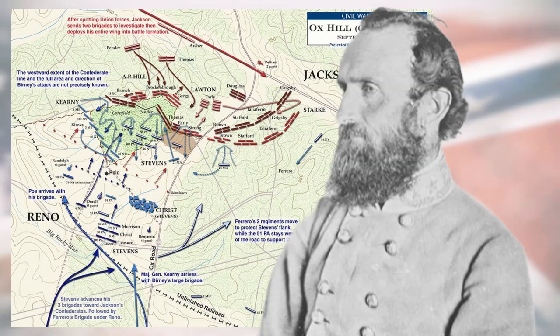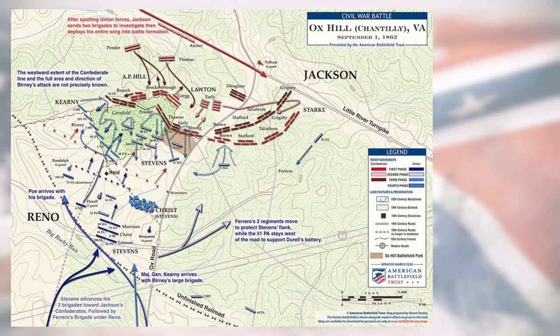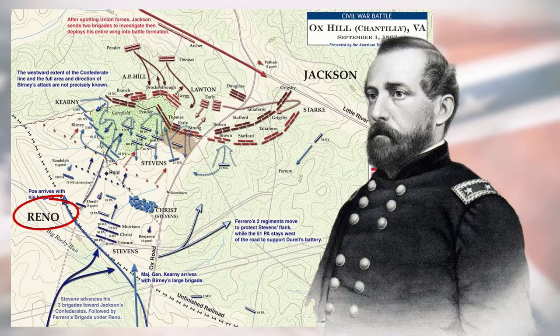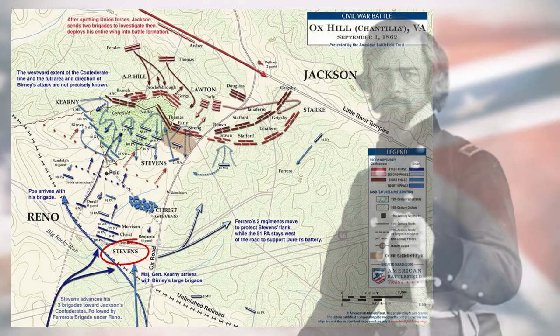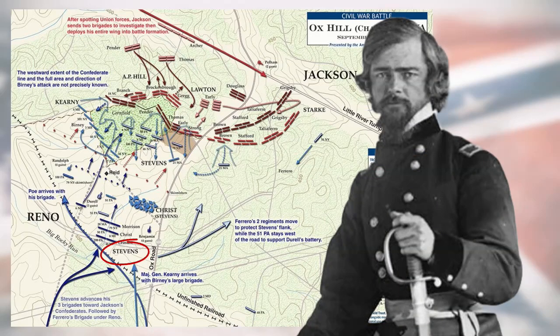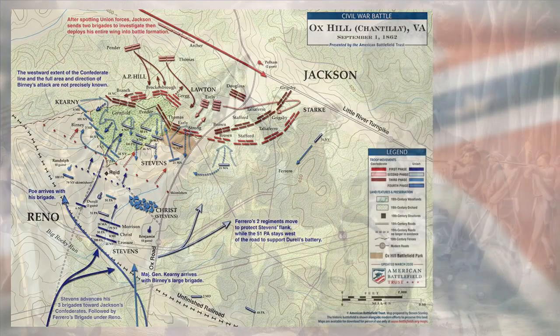With his attention focused on seizing the crossroads at Germantown, east of his columns, Jackson was now surprised to learn from his scouts that a larger number of Federal troops were maneuvering in the fields at the southern foot of Ox Hill. These were the men of Major General Jesse Reno's corps of the Army of the Potomac, led by Brigadier General Isaac Stevens. On the advice of 2 foragers who had spotted Jackson's columns, Pope had hastily deployed Stevens at 2 p.m. from Centerville, not with specific orders to attack Jackson, but with a general directive to assist Hooker's defense of the Union rear by linking with his left flank and probing toward Chantilly.